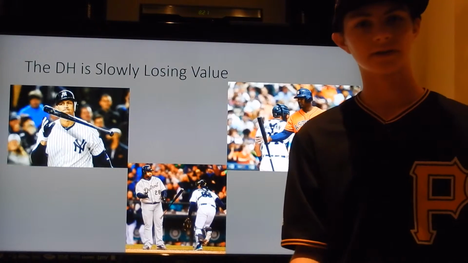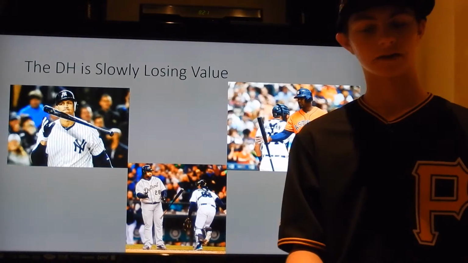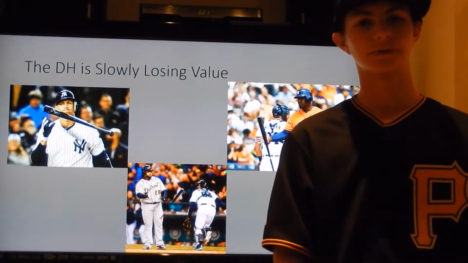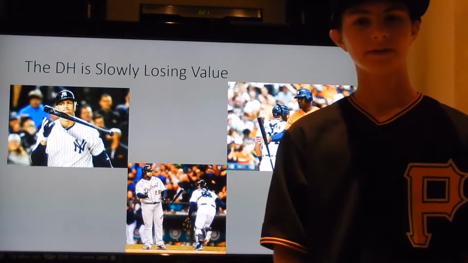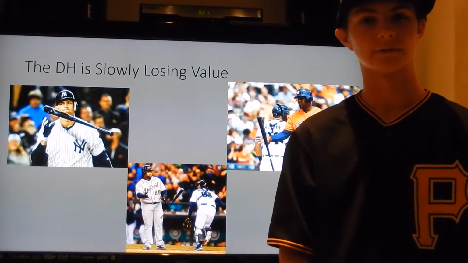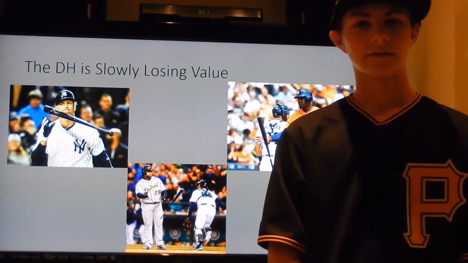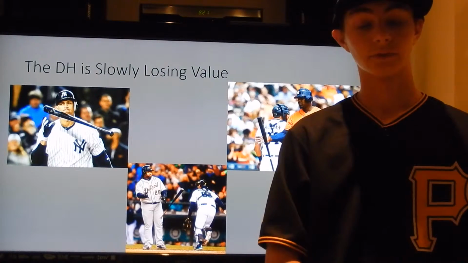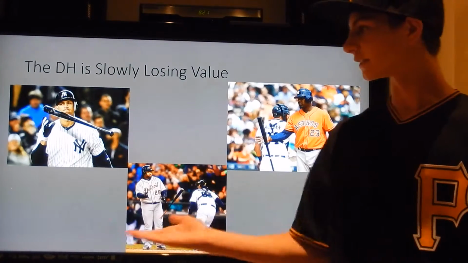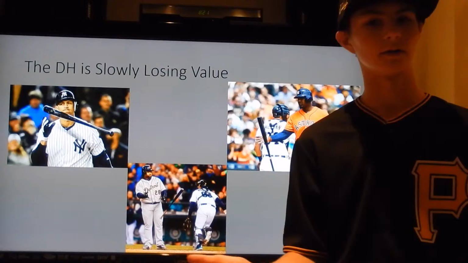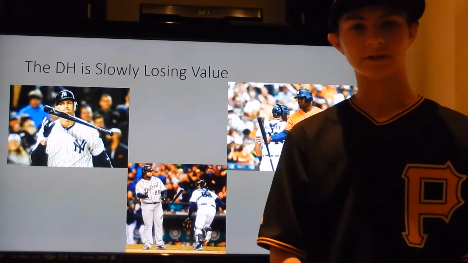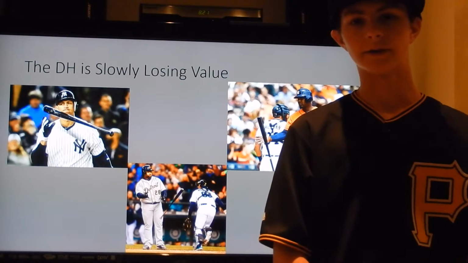Ted Williams, the greatest hitter ever, possibly, hit over .400, which probably will never happen again. But DHs usually want to hit about .300. There are only 2 out of the 15 teams this year that have a DH hitting over .300: David Ortiz, who's probably going to be a Hall of Famer one day, and Victor Martinez, who's always been a great overall hitter.